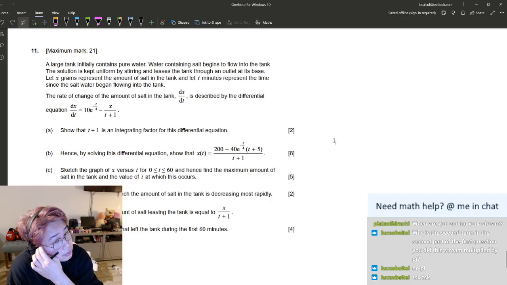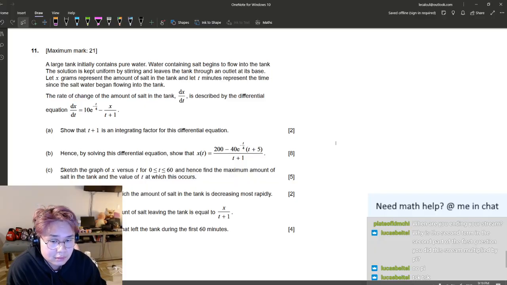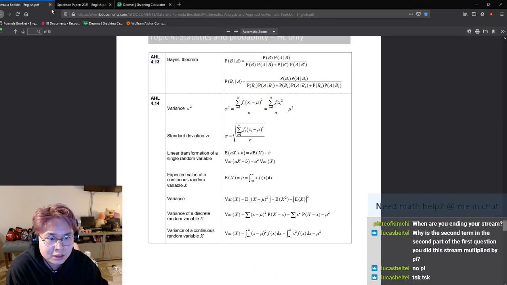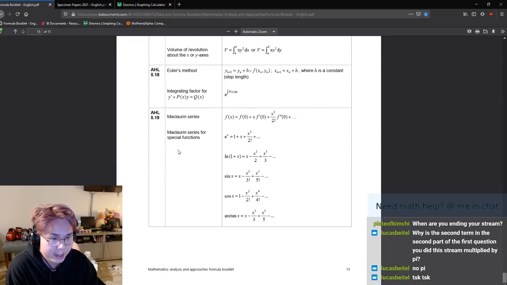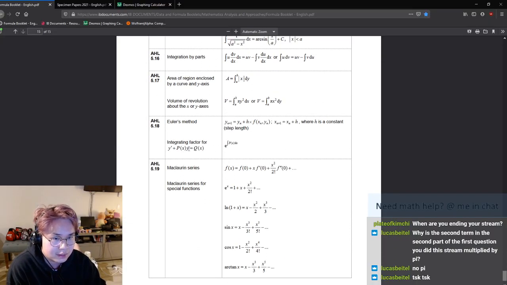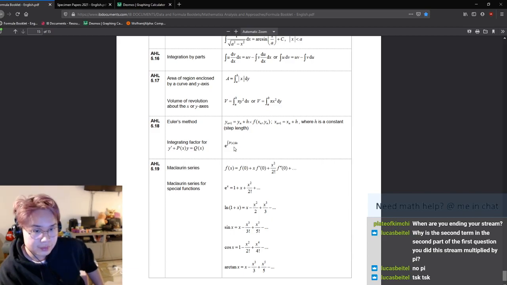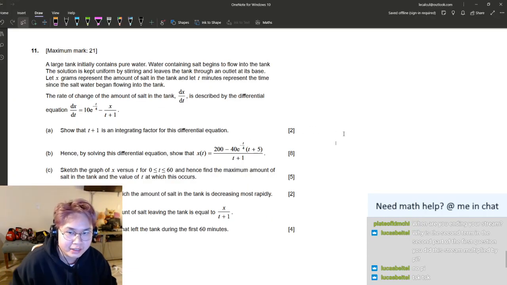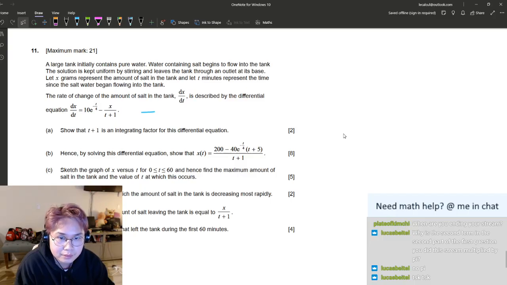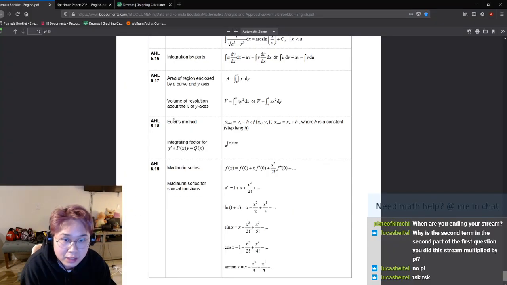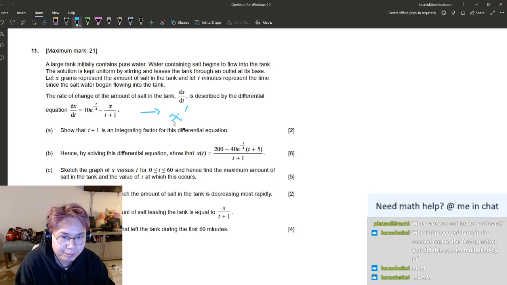Oh man. Okay, well, let's go open our formula book and then go down to the integrating factors, which is here. So if you ever have a differential equation in this format, then the integrating factor will be this integral. So let's see if we have that format. So I have essentially, how do they want to write it? Okay, let's call this x prime. And then if I move this one over here,